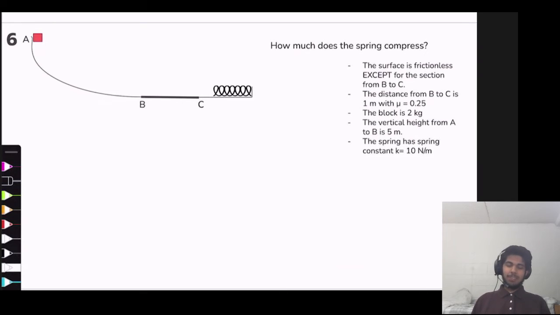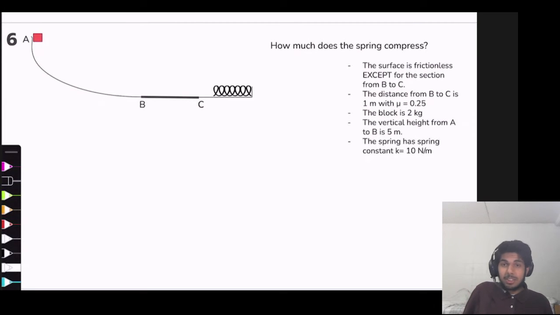To some people, this question might seem like such a simple question, like, why are we doing it? The question of why we're doing it is hard for me to answer, but maybe to the curious few, you're like, wow, we can actually solve for this, and we are going to solve for it. But let's take a moment to look at our toolkit of information that we're given. The surface is frictionless except for the section from B to C. So that gives us an idea that if we decide to do conservation of energy, which seems like the most plausible way to approach this problem, considering I don't really know any other technique to do it,